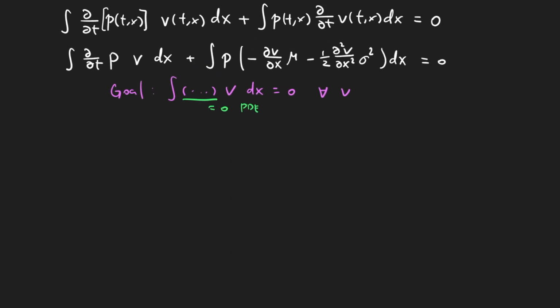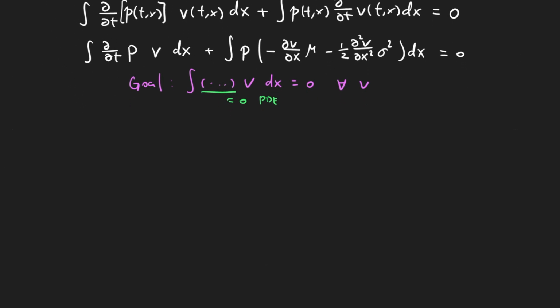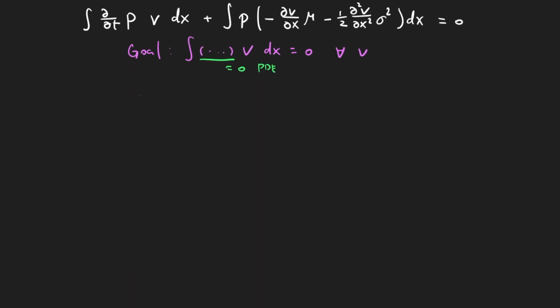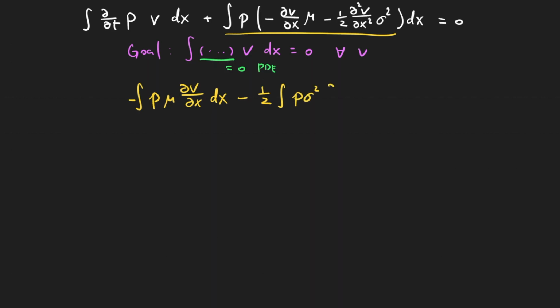Okay, so let me just grab this integral and separate out the terms. So we'll have the integral of minus p times mu times partial v partial x dx, minus a half the integral of p times sigma squared, the second derivative,